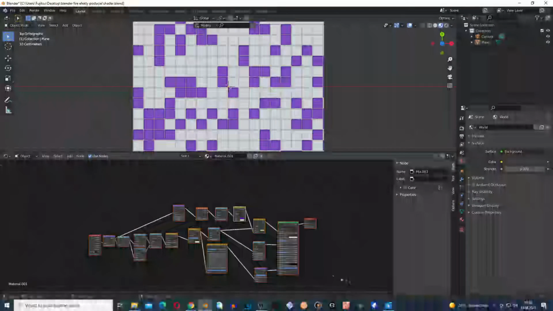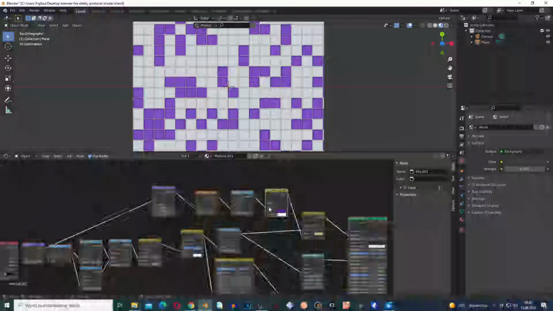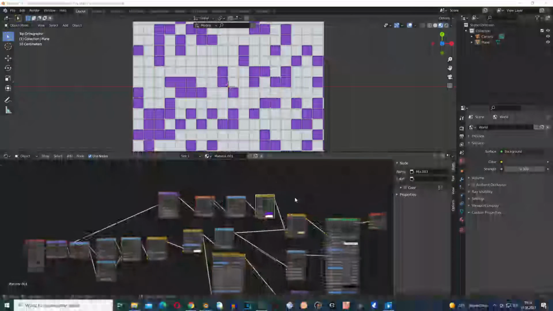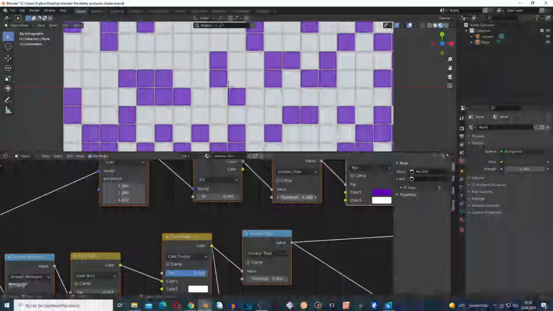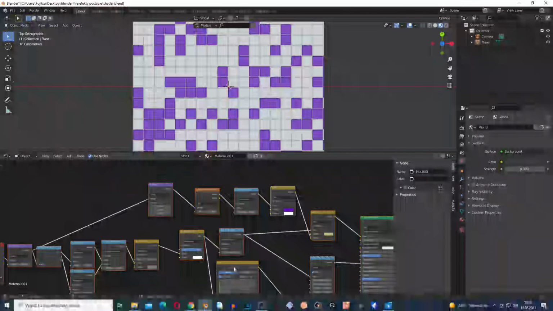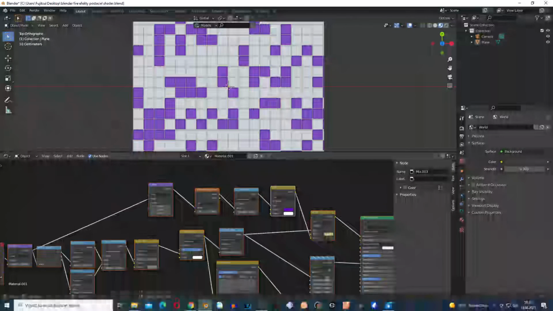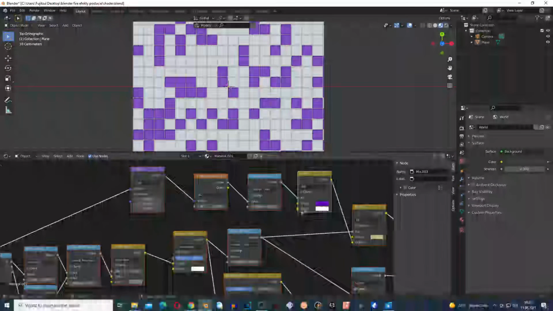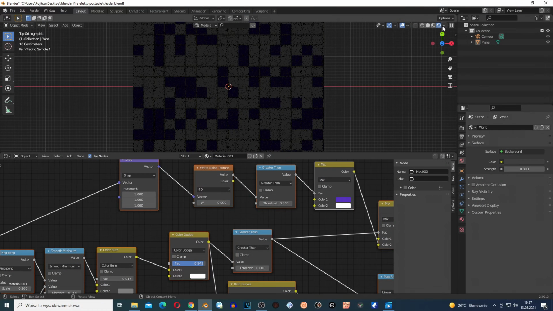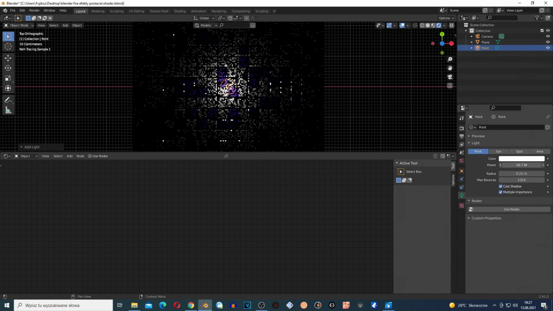If you follow those steps, this is the shader, and yeah, congratulations, we're gonna create on the next tutorial from this the shader. And as you can see, I'm controlling the roughness on the second color, and we created a bump with this RGB curve and the roughness, and you get this kind of result. And you can, you know, change the color whatever you want. And maybe I'm gonna show you, I hope my PC is not gonna break. Wait guys, I'm gonna turn this and add some light. As you can see, we created this kind of